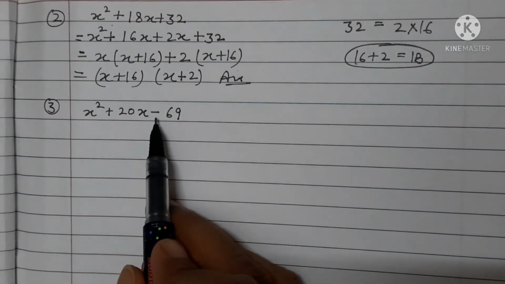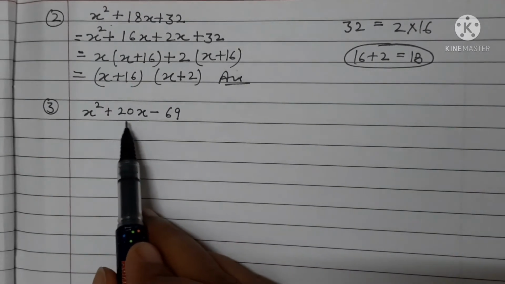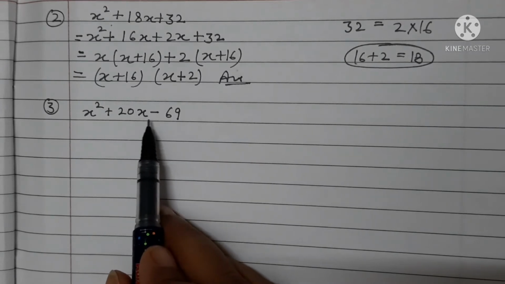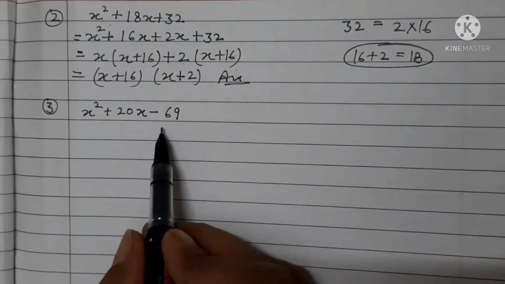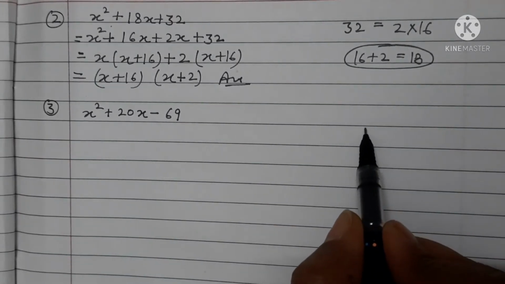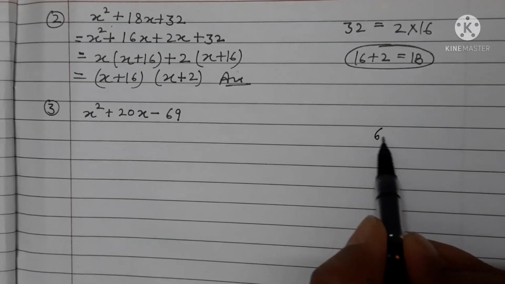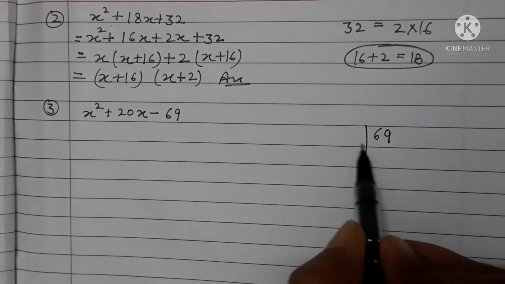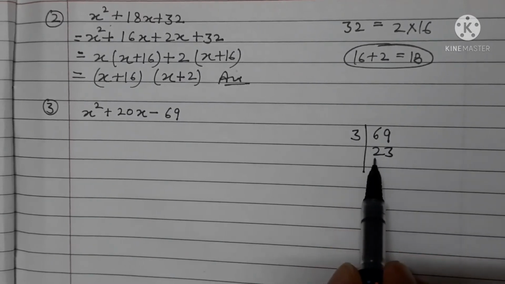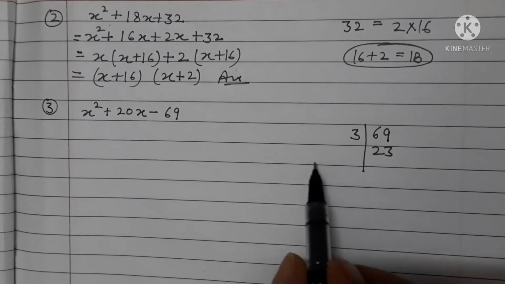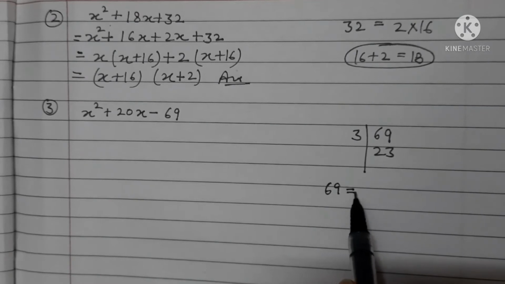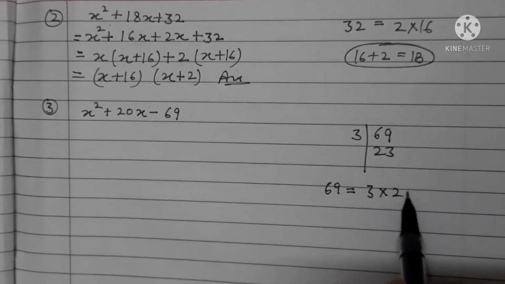x square plus 20x minus 69. Here split 20 into two parts whose sum is 20 and product is minus 69. So write down two factors of 69. So how to find them? It is divisible by 3. 3 2s are 6, 3 3s are 9, and 23 into 3. So you can write 69 is equal to 3 into 23,